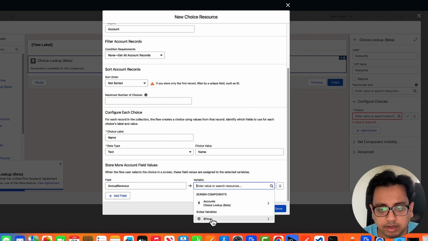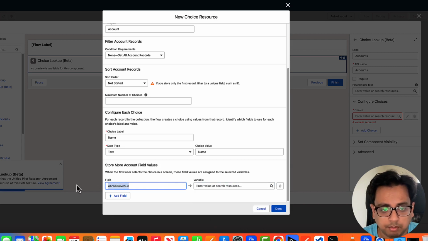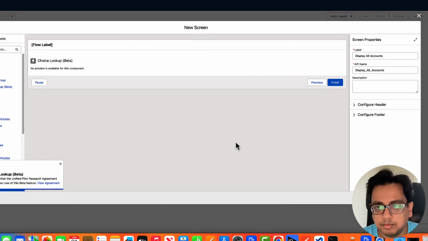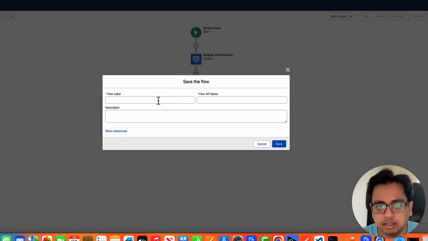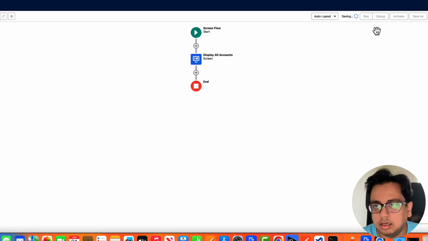Definitely you need to create a variable and then put that variable name here. But for me, let's not do that, and done. And then done. Let's save this, Spring 23 flow enhancements,